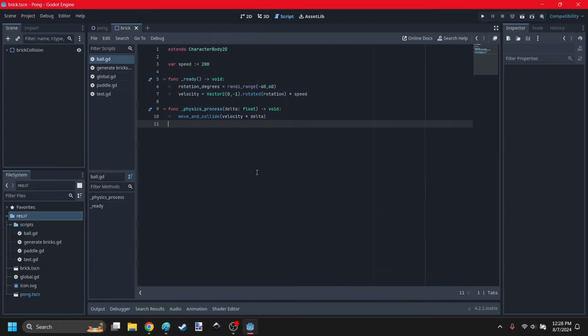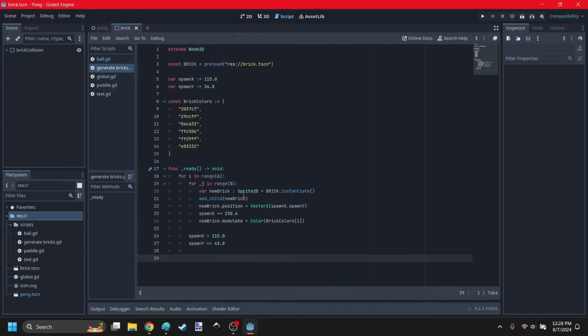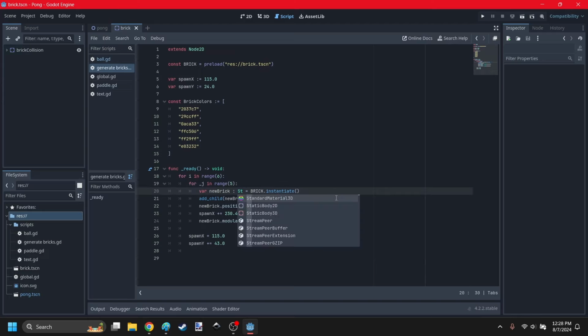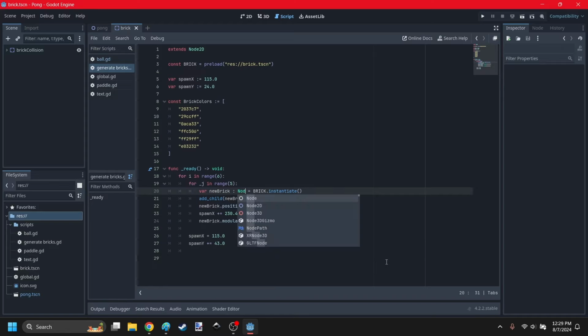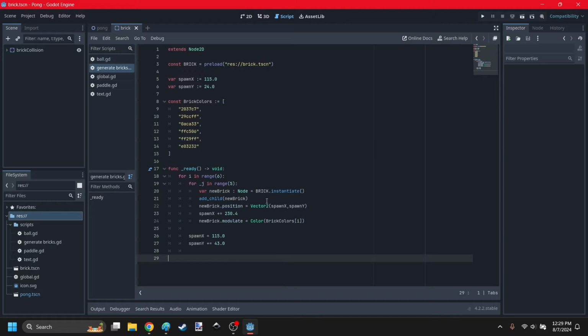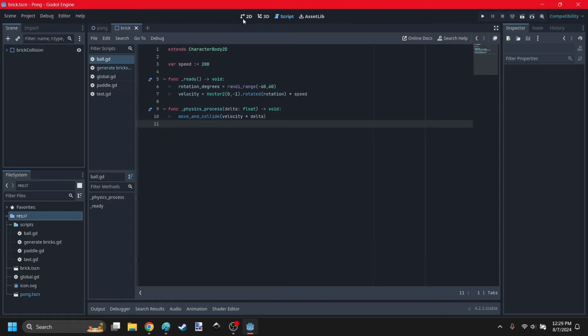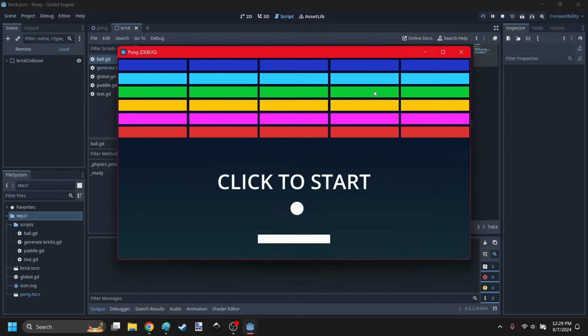Now before I hit play, there's one thing I gotta go change. In the generate bricks, I'm going to change this to static body 2D. Or actually, better, I can just put node. So if I ever change it, I don't have to worry about this script anymore. Anyways, hit play, and